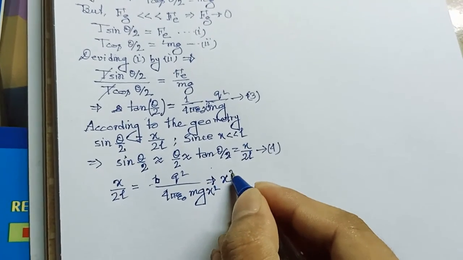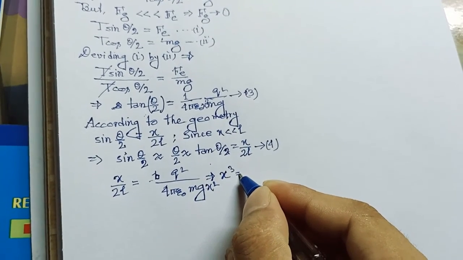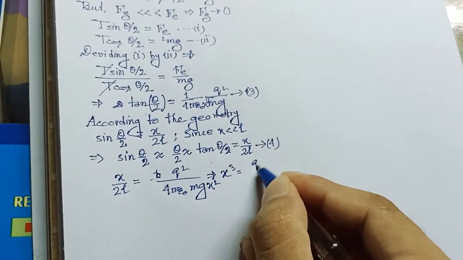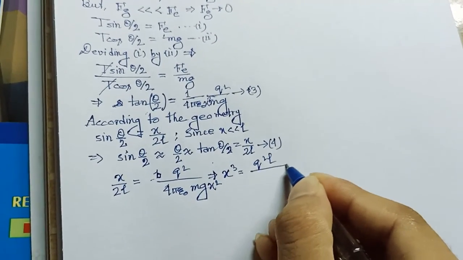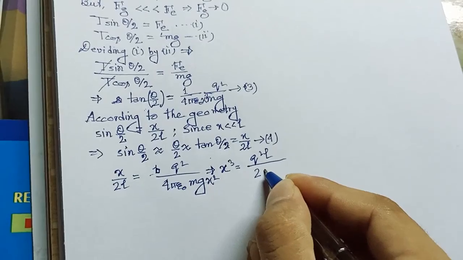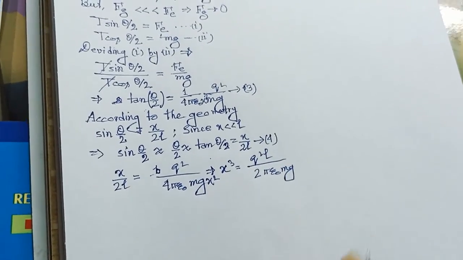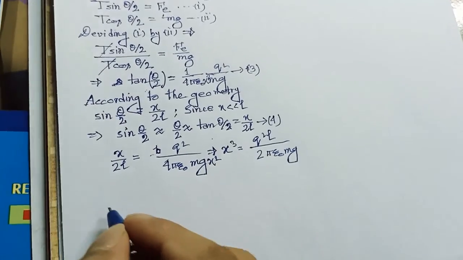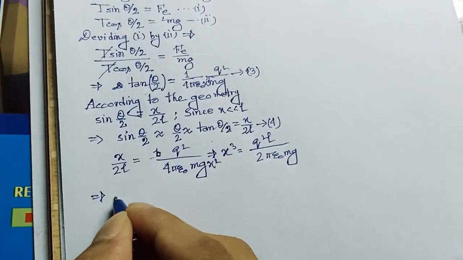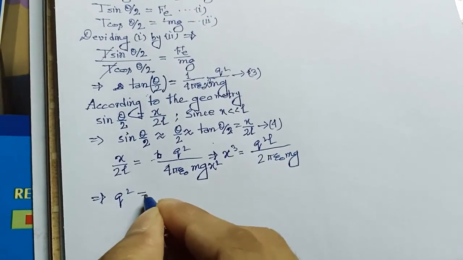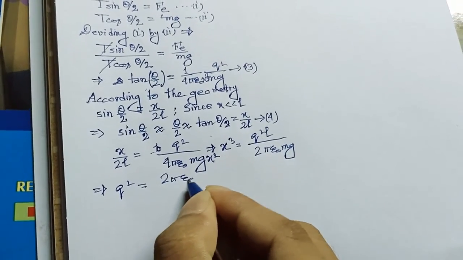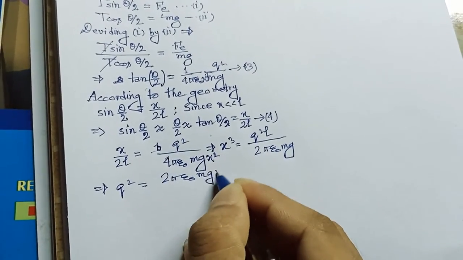So x cube, you can write from this equation, x cube equal to q square l divided by 2 pi epsilon naught mg. And again from this equation we can write q square is equal to 2 pi epsilon naught mg x cube divided by l,